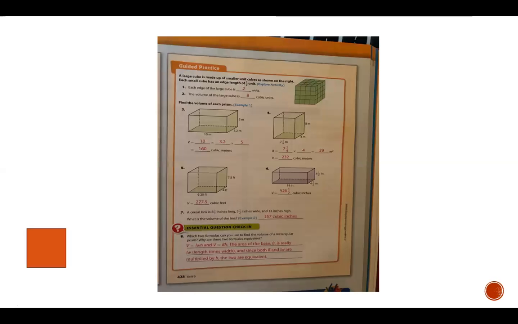So if we're looking at the volume, we're learning here that you can either multiply length times width times height, or the base, which is length times width, multiplied by the height. Base, length times width, height. So here we see find the volume of the rectangular prism. Take a second to look over it, and I'm going to give you some time. We'll actually review it when we get to class as well. But I do want to show you